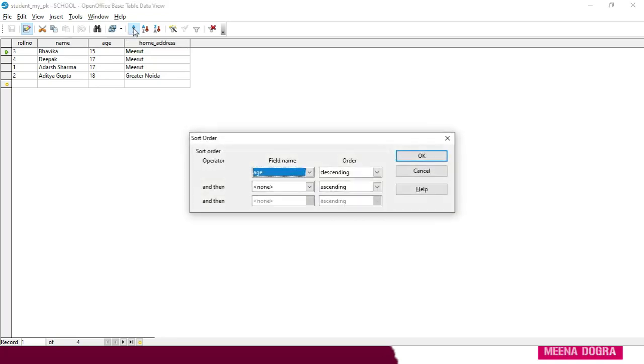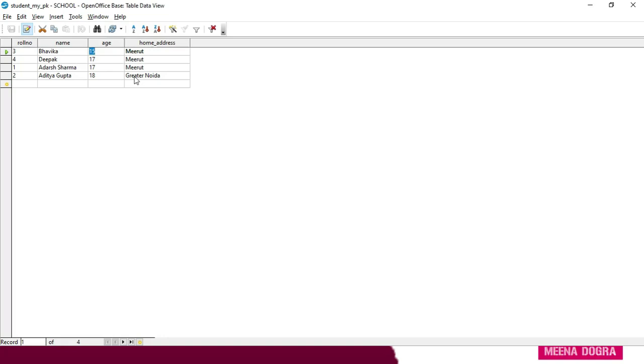You click on the sort button, you get this dialog box from where you have to manually select the field and the order and press OK. If you want to quickly sort in ascending or descending order, suppose again you want the roll numbers in descending order, you select the column and click on the sort ascending button. And if you want it to be in descending order, you can select the column and click on the sort descending button. So this does it for you. Okay, sort ascending, sort descending,